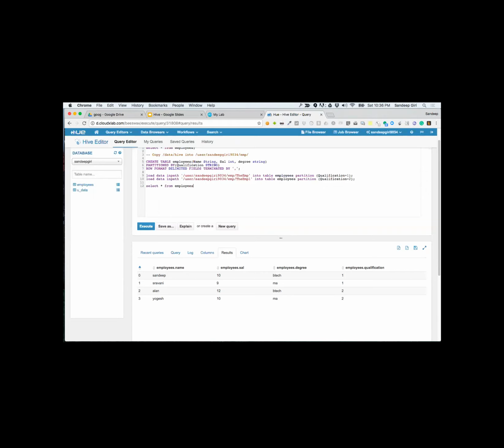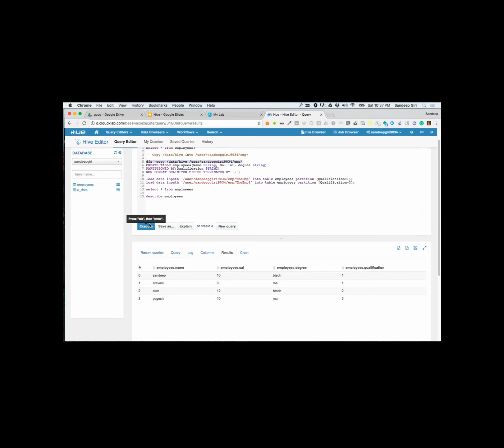Okay, if you want to understand what's going on with employees here, there is a way to, let me see, DFS copy data hive into, I'm just experimenting with this command.